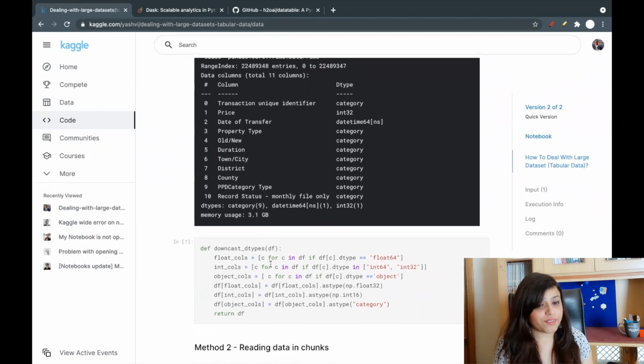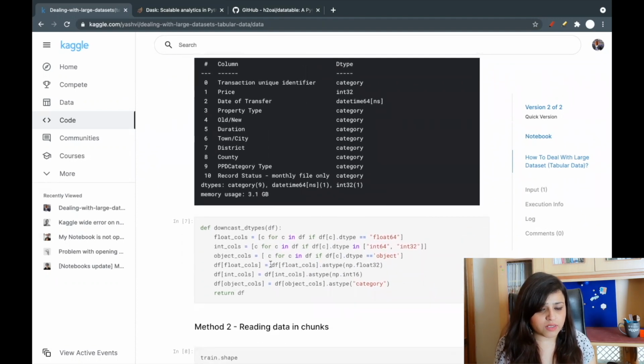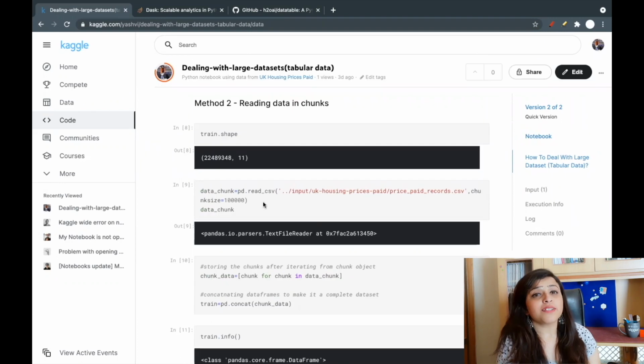Or you can create one function that checks which type your column is and degrades according to your need. So method number two is reading in chunks. Reading in chunks might be slower than reading all of your data at once, but it will consume less memory. You can use pandas pd.read_csv and specify the chunksize.